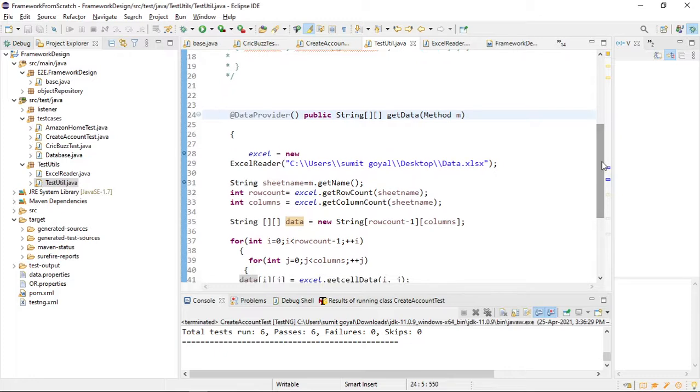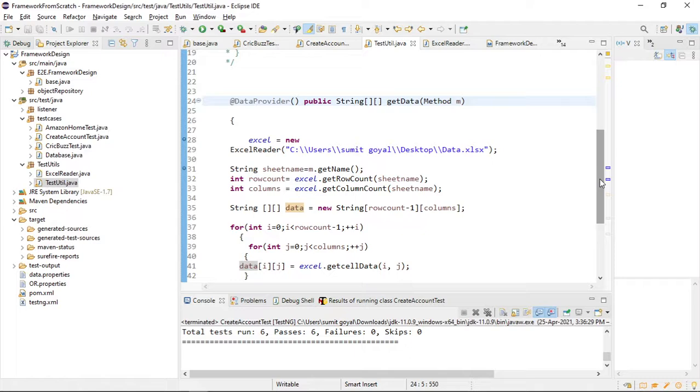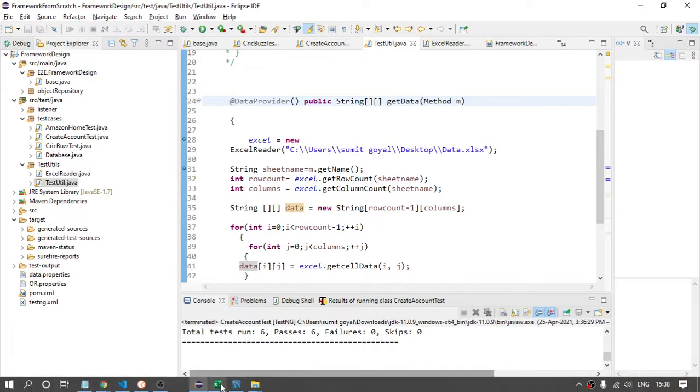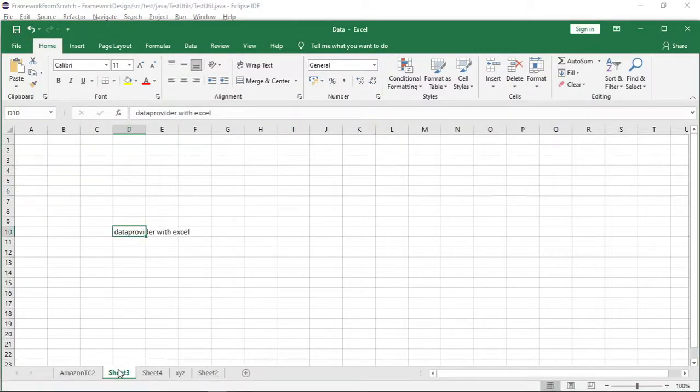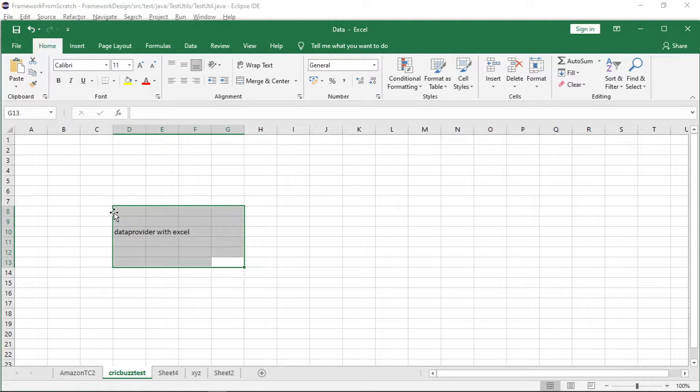Yeah, data provider. The reason I told you why I am writing it in a separate file is because, suppose there is one more test case. Let me say cricket buzz test. Suppose this is another test case. Just assume. Let me remove this. Suppose it will also have some name and email.